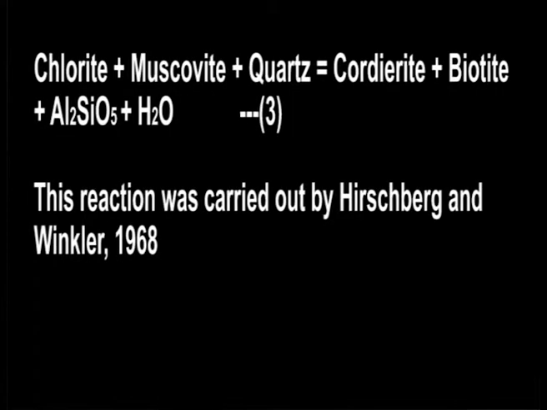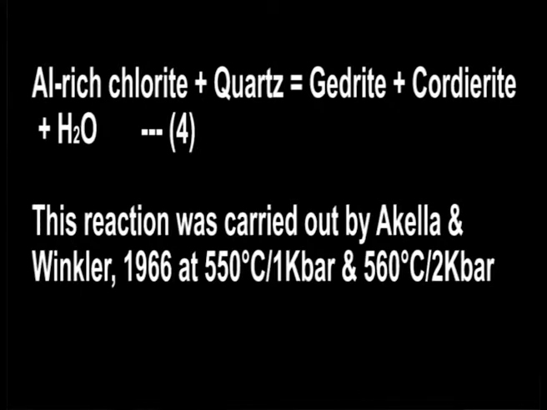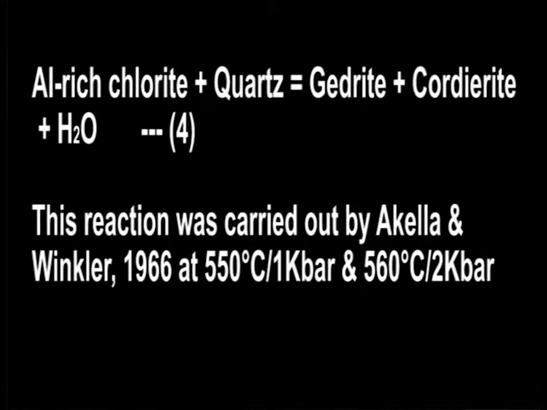Upper temperature limit. The upper temperature limit can be shown by the following reactions. Reaction 1: chlorite plus muscovite plus quartz gives rise to cordierite plus biotite plus aluminosilicate plus water. This reaction was carried out by Hoschek and Winkler in 1968. Another reaction is Al-rich chlorite plus quartz gives rise to gedrite plus cordierite plus water. This reaction was carried out by Akella and Winkler